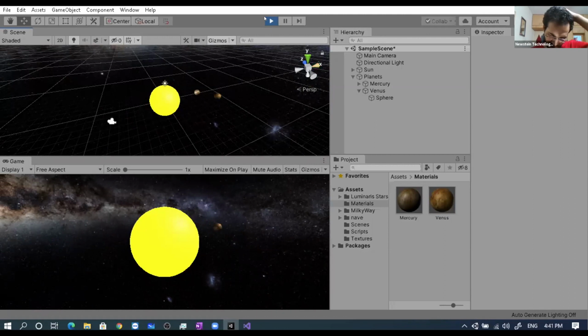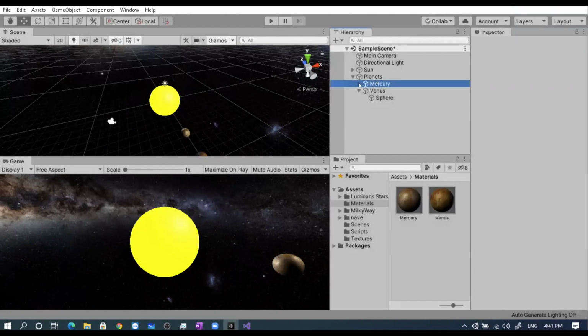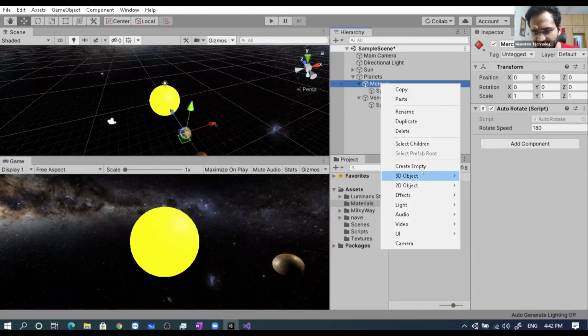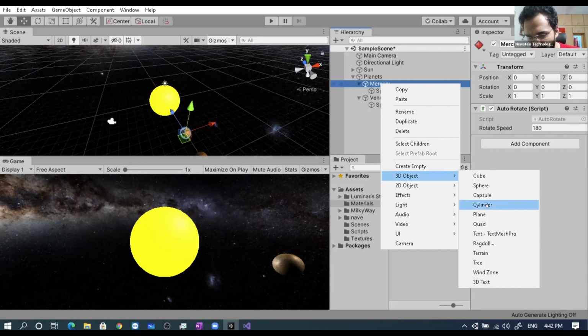So shall we add an orbit? So how to add? In my case, the one picture that I had shown, it wasn't an orbit, it was something else. We'll check that later. If I add cylinder, capsule, cylinder, cylinder, capsule.